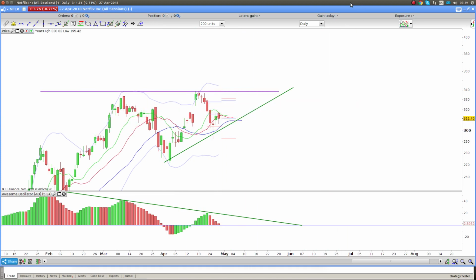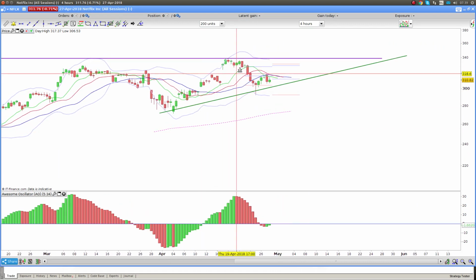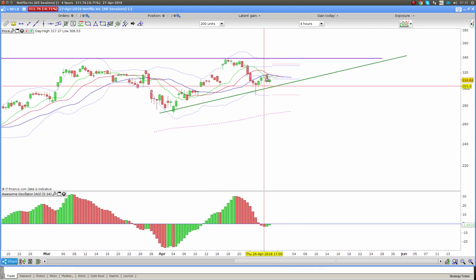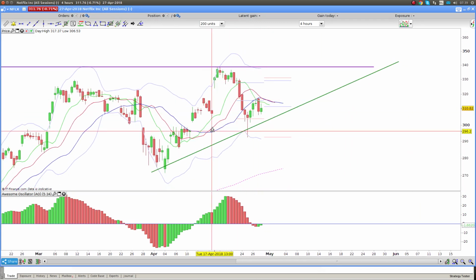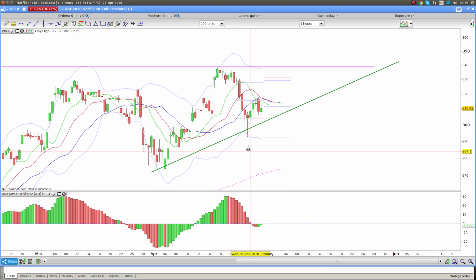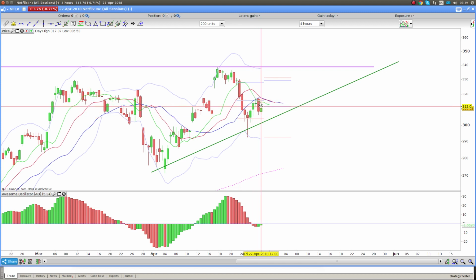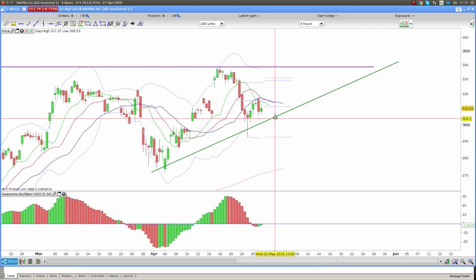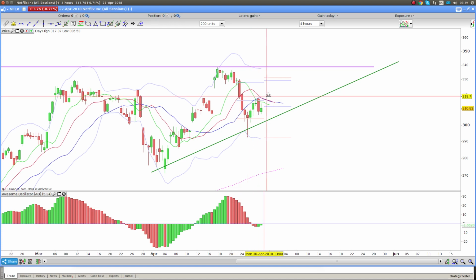Okay. So if we have a look at the 4 hour, there's some more interesting stuff that's going on here. You'll see that we broke through the blue line. We've come back and we've tested it. Now, I always use the alligator as a level as well. So you can see how we broke through the blue line. We tried to get back, but we failed, and the seller stepped in there. Now, this is the first signal that we have some more downside to come. And you'll find that the 20 moving average, the 20 EMA, is in this area as well.